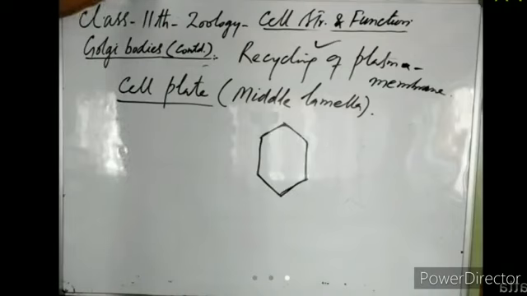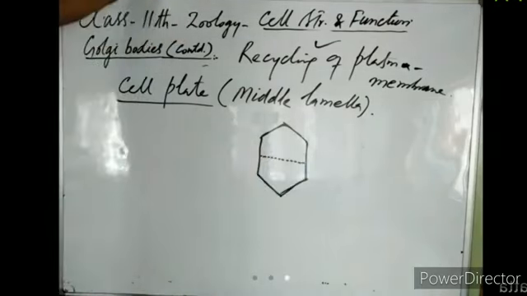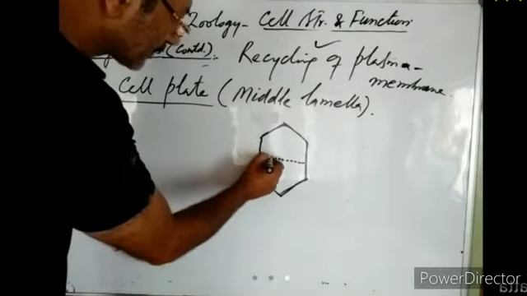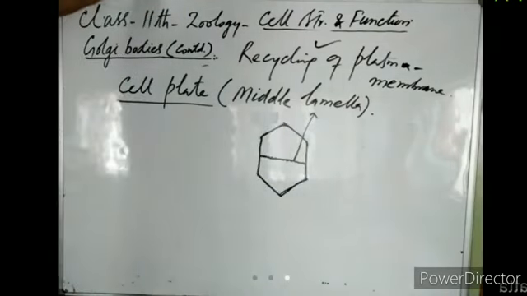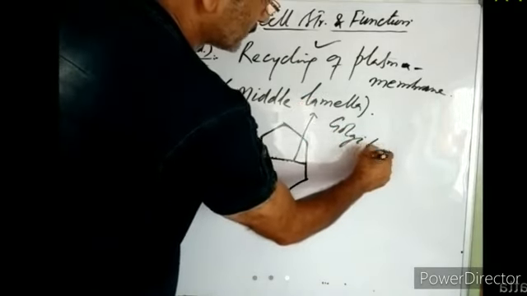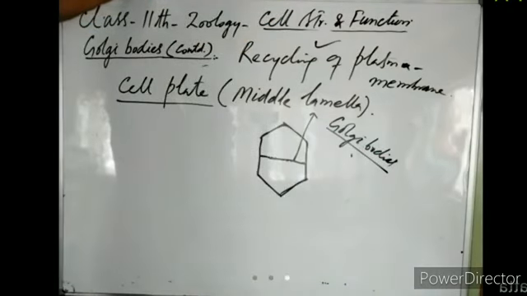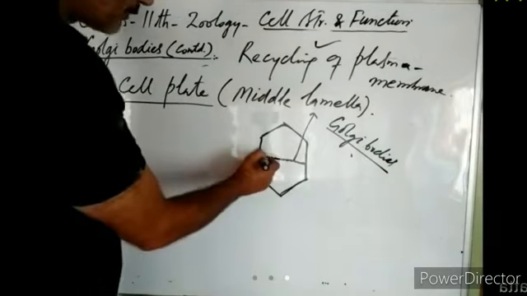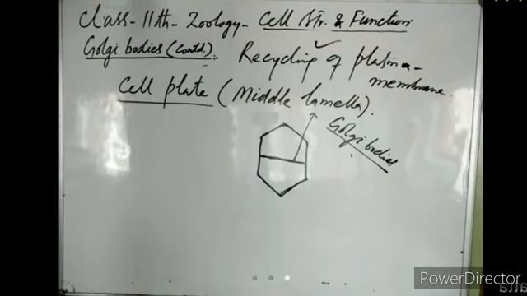So how does this plant cell then divide? This plant cell internally lays a partition in its cytoplasm. This partition which is laid in the cytoplasm of the plant cell is known as the middle lamella, or we call it the cell plate. And this middle lamella or cell plate is laid with the help of Golgi bodies. As I have told you, it is formed of calcium and magnesium pectate. So Golgi bodies synthesize and secrete calcium and magnesium pectate. And that calcium and magnesium pectate forms the middle lamella or the cell plate in the plant cells. So this is another function of the Golgi body, formation of the cell plate or middle lamella at the time of cell division in plant cells.